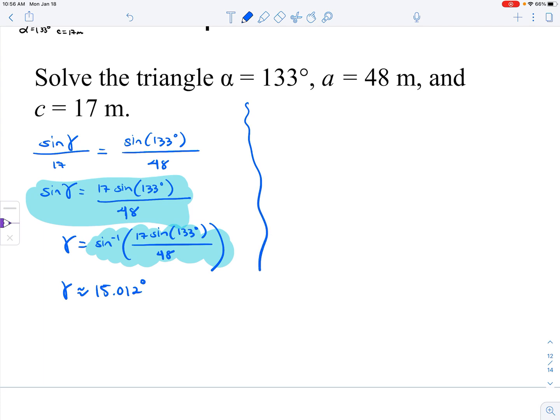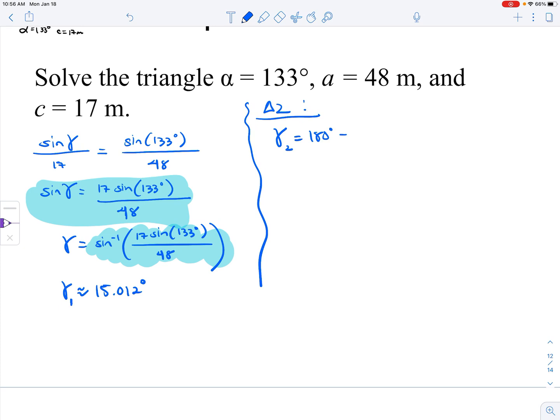So if we want to figure out what the angle from quadrant 2 is that would make that a true statement, we can subtract from 180 degrees the angle that we just came up with. So I'm going to treat this as gamma sub 1, like gamma from triangle 1. Pretend that there are two triangles that exist with this given information. So then if I go and try and solve for triangle 2,